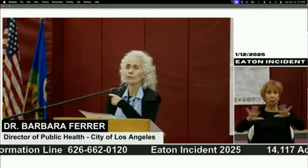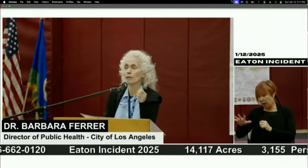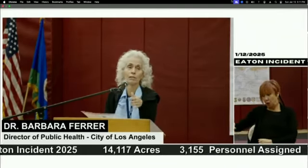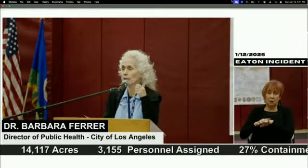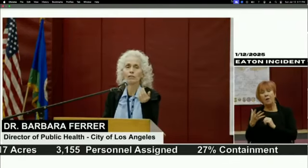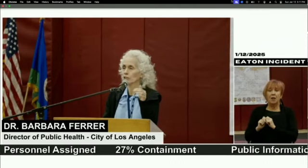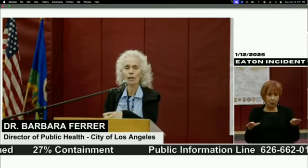We also have passed out today, for those of you that are going back into areas where there's been a lot of fire devastation, those areas in particular, you need to take extra precautions, and you've heard that from so many of the speakers today. The one thing I'd like to urge is when you're going back, this ash is particularly toxic to young children. So we're going to urge that young children not be touching any of this